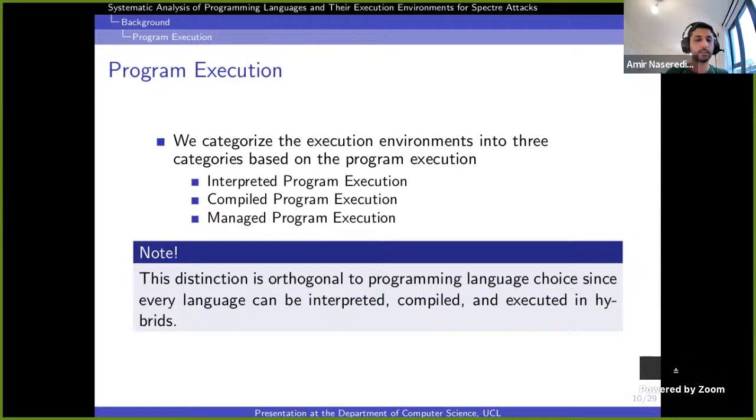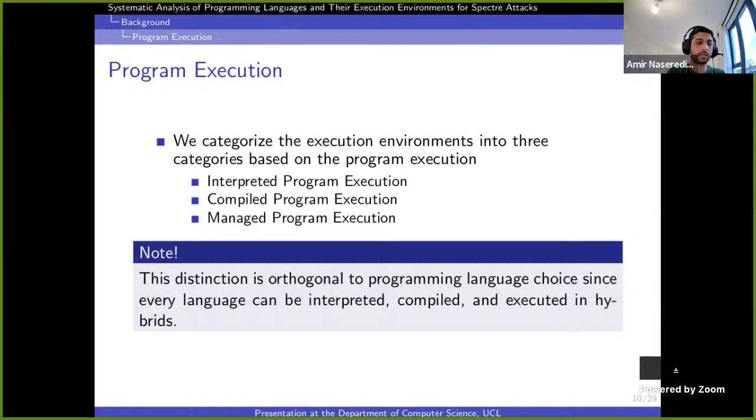Please also consider that this categorization is orthogonal to the choice of the programming language. We know that we can interpret, compile, or have a hybrid compiler for any programming language.